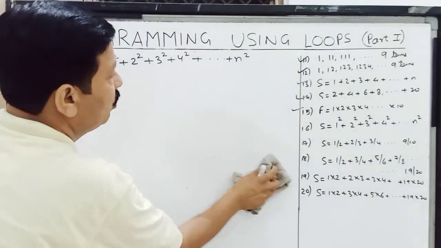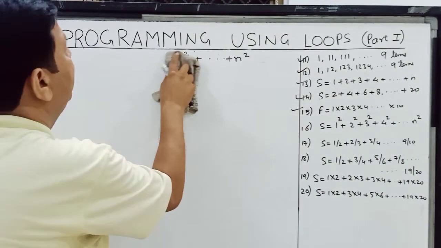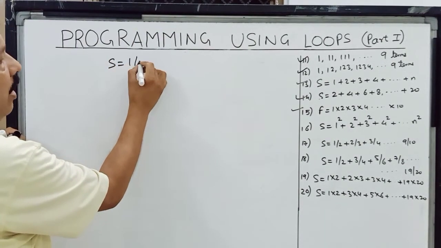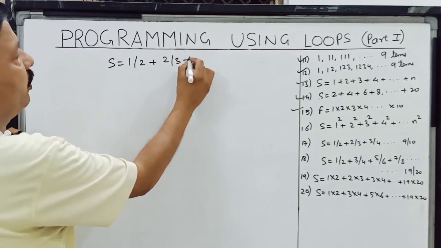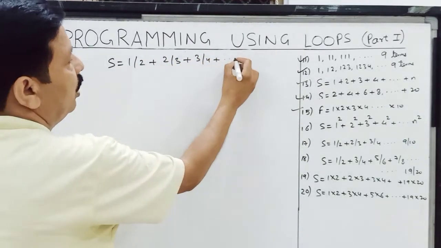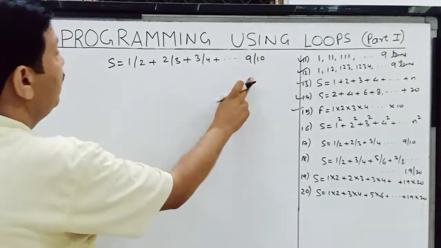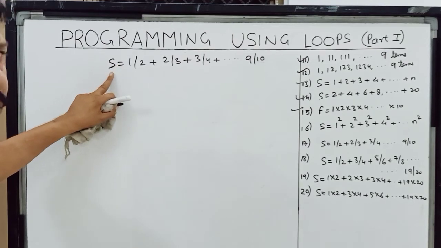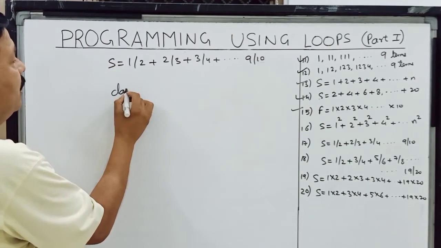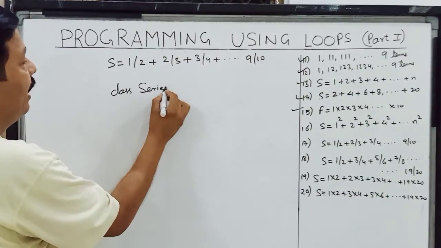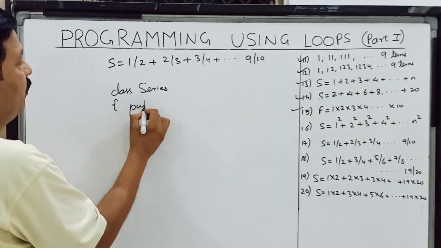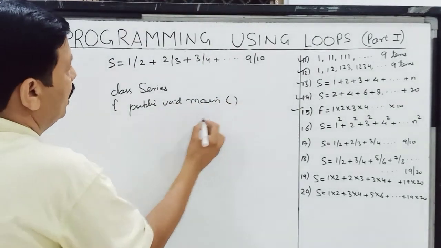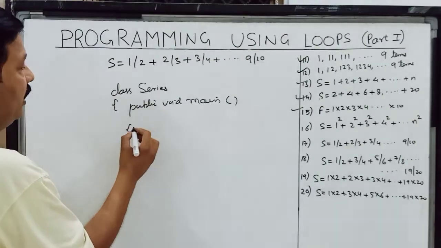Now children, we move on to the next series, and in the next series it is asking us to calculate some value: 1 upon 2 plus 2 upon 3 plus 3 upon 4 till 9 upon 10. In this series it is asking us to calculate these values and then add. So we are adding the calculated values. So here we say public void main, and children, here we say that